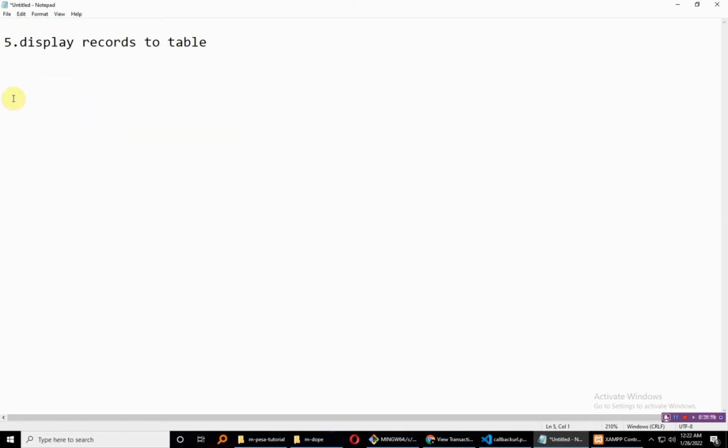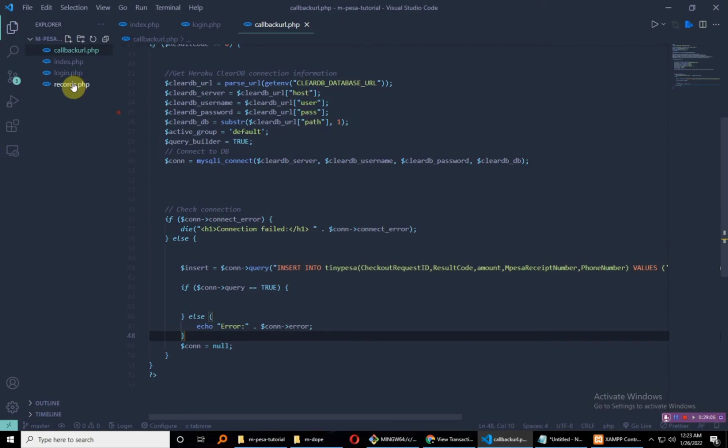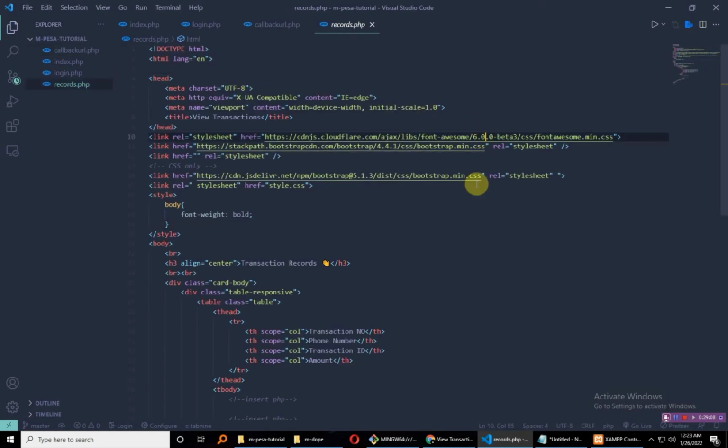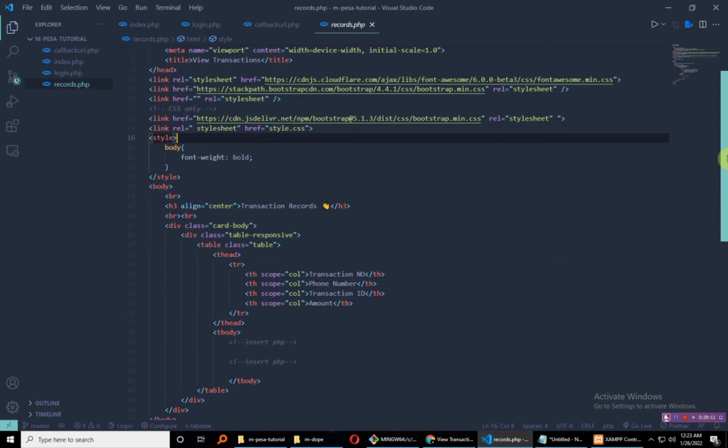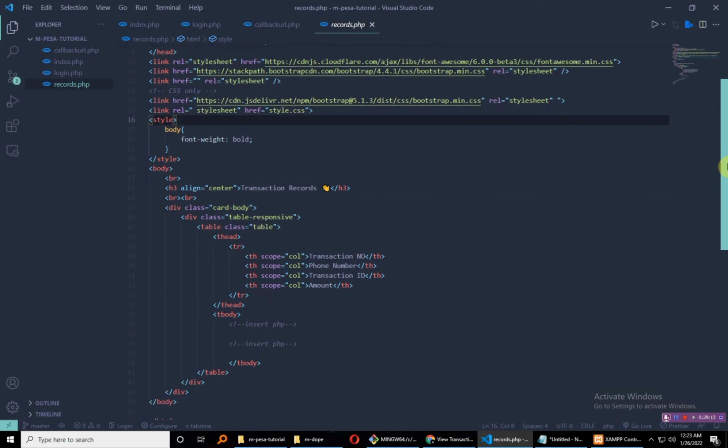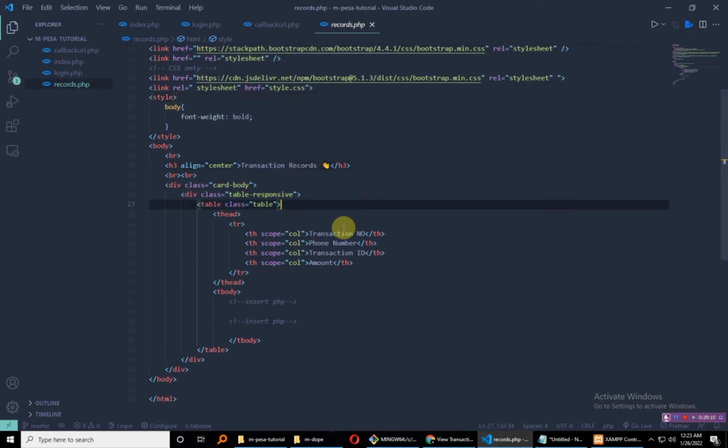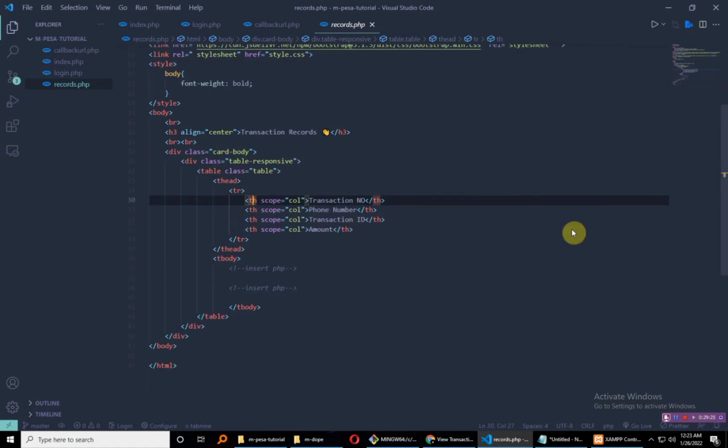We just have one last body. In fact, we should also remove this. So displaying our records to a table is pretty much very simple, because if I head over to my records page, I have the static files. So I have a table. I have an H3 first, which just says transaction records. I have a table where these are just the table headings: transaction number, phone number, transaction ID, and amounts. And then in the table body, this is where you're going to need some dynamic PHP to be able to